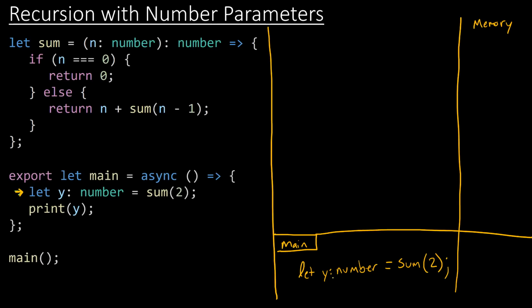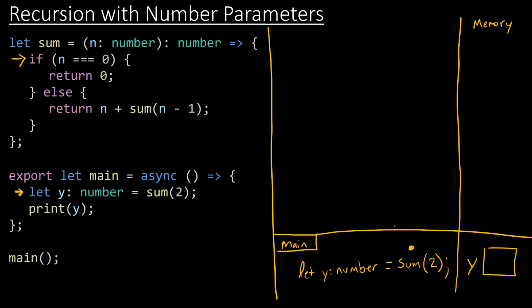So this is a variable declaration statement. It is setting up a variable named y in memory, and it is trying to assign to y the result of calling the sum function with an argument of 2. In order to know what this expression is going to evaluate to, we must first go call that function. So what are we going to do? Well, we're going to drop a bookmark right here. We're going to say we're going to come back to this point, but we're going to need to jump into the sum function to go figure out what its result will be when it's called with a value of